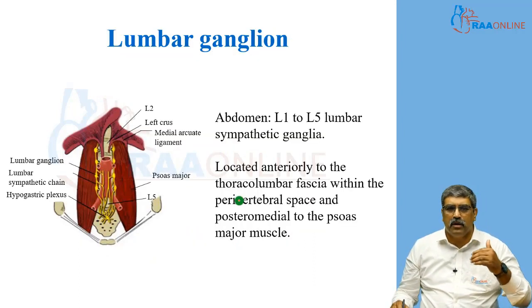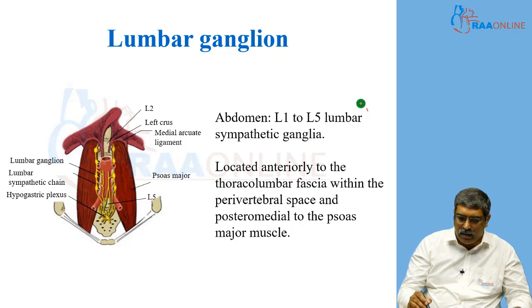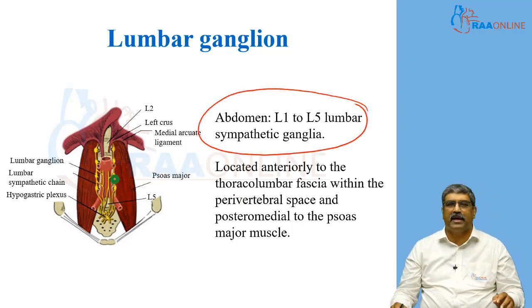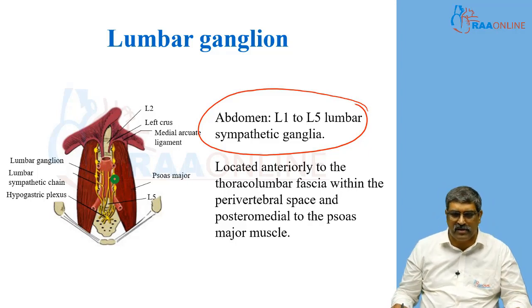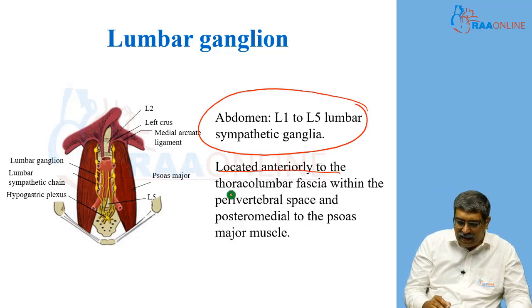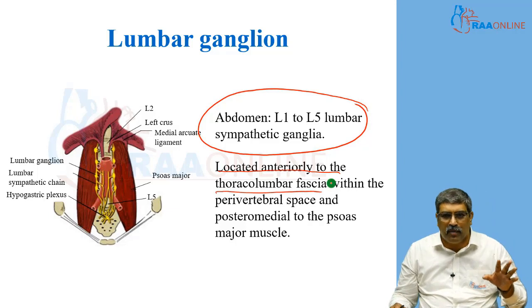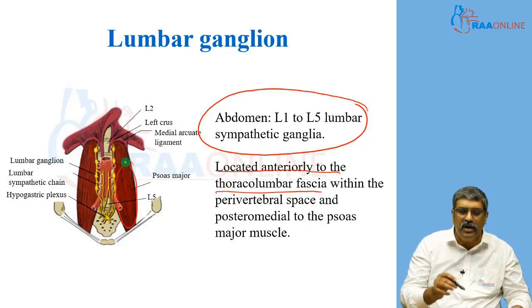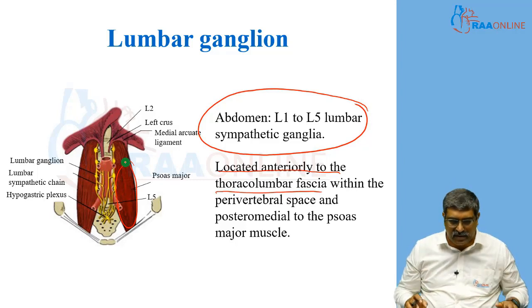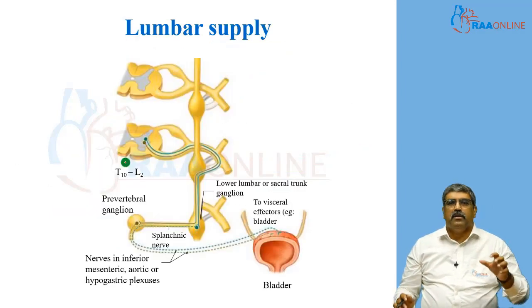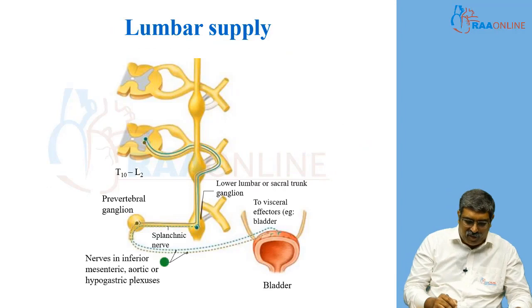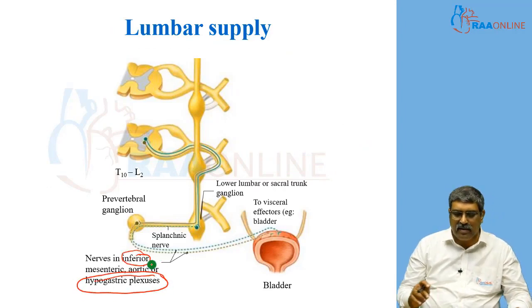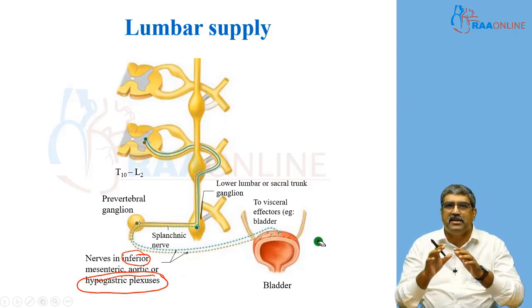Now coming to the lumbar ganglion, this is L1 to L5 lumbar ganglion. Usually 4 ganglia will be seen. This is located anterior to the thoracolumbar fascia within the perivertebral space and posteromedial to the psoas major muscle. This lumbar part will form the inferior mesenteric, aortic and hypogastric plexus, and the main supply is going to be